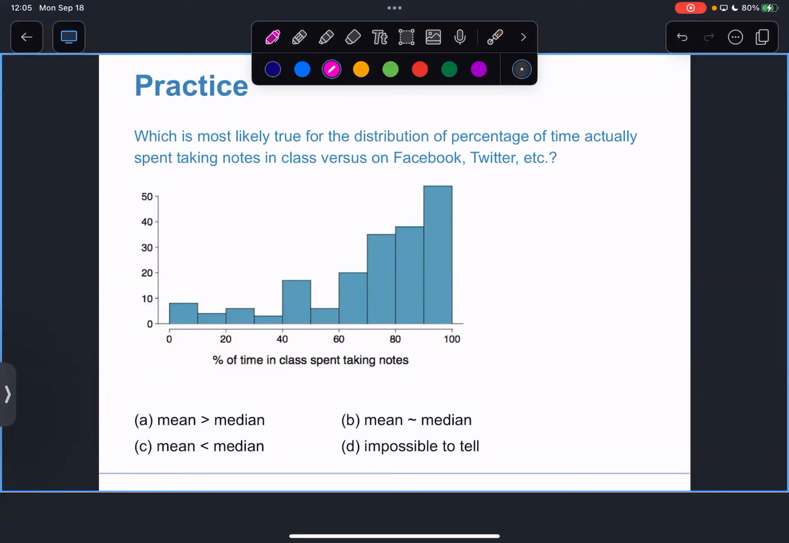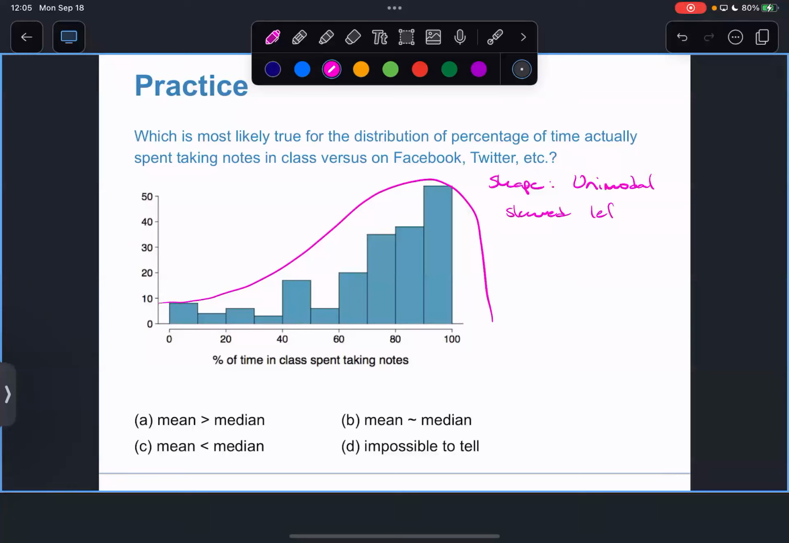So the first thing we're going to do is think about just the general distribution. If I had to describe the shape, I would say it's unimodal and it's skewed to the left. So here the shape is unimodal, one mode, but it's skewed left, because